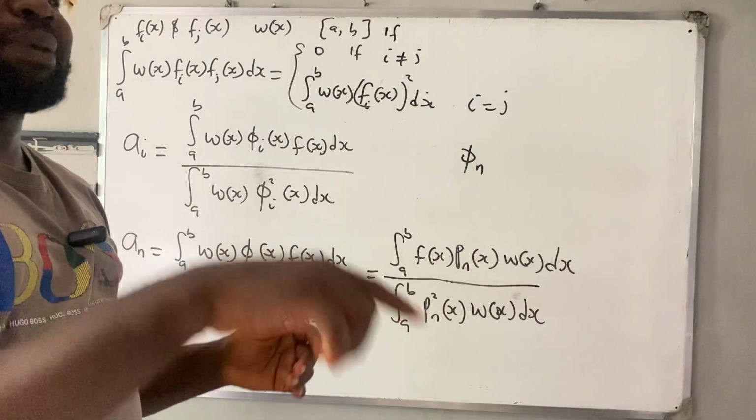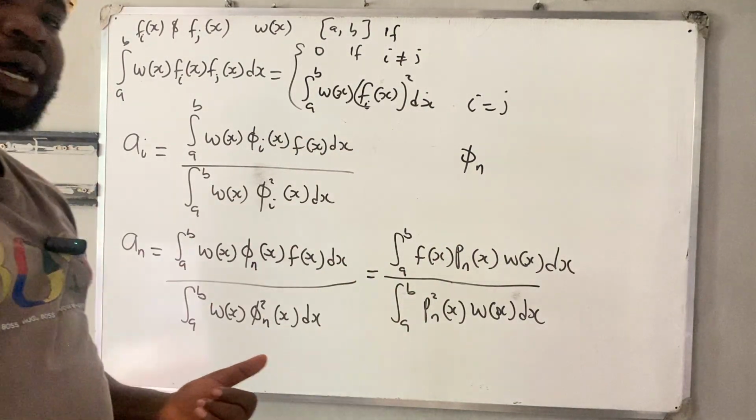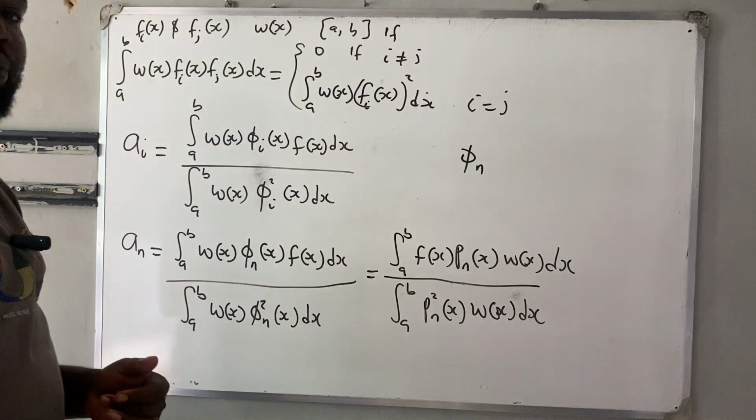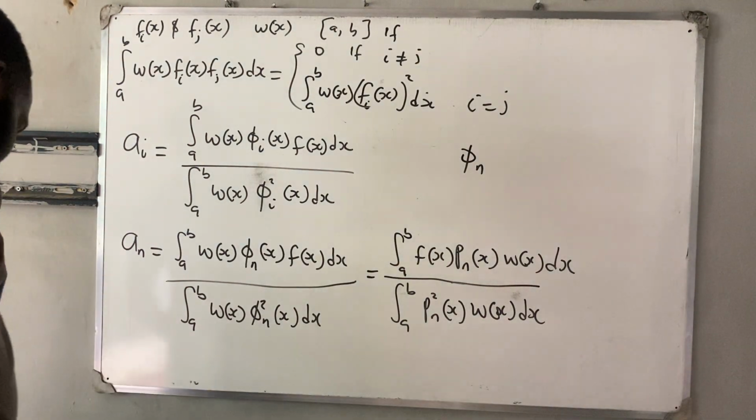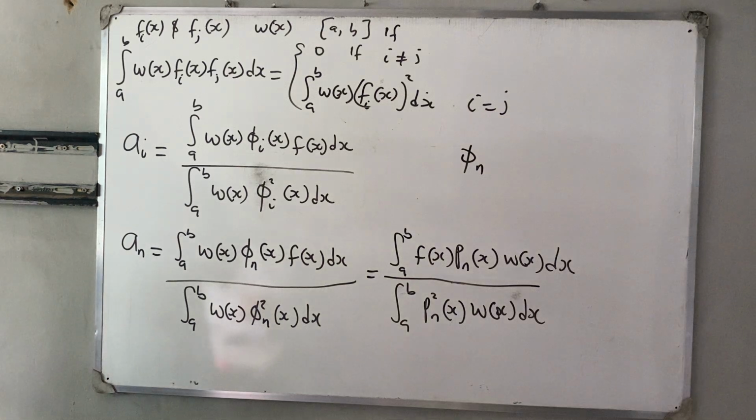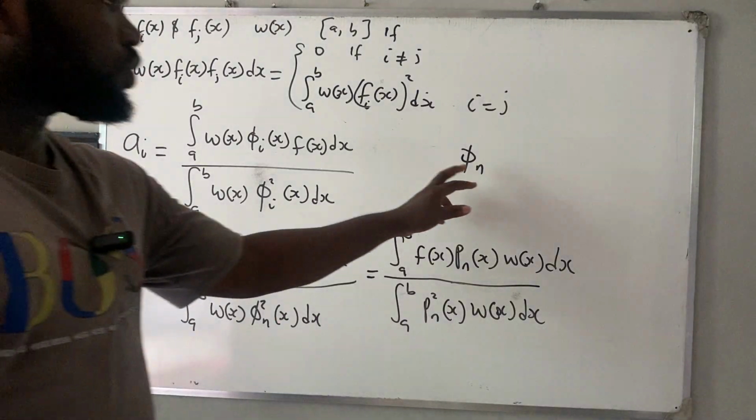And it depends on the particular one. We have Legendre orthogonal polynomials. There are so many of them. We have Chebyshev type 1, Chebyshev type 2. We have Hermite. There are so many of them. So that's what we want to look at. So these ones depend on the